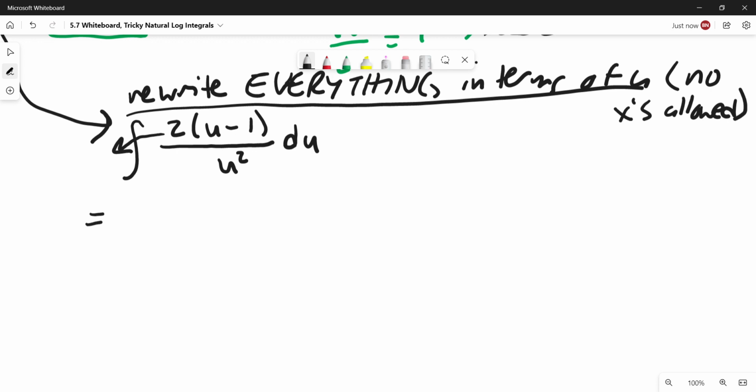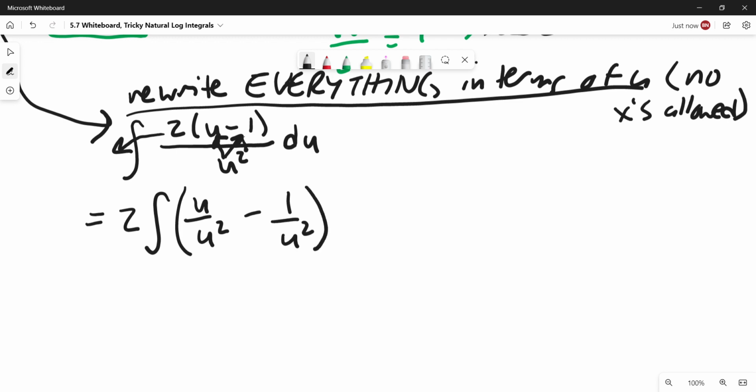And we're going to have 2 terms in this integral. So you can write it as 2 separate integrals. You can keep it written as 1 integral. Doesn't really matter. Okay, so 2 times. Now what we're going to have to do is distribute this u squared to these 2 terms, right? You have one denominator, 2 numerator terms with a plus or minus in between. You can distribute. So u over u squared minus 1 over u squared du,